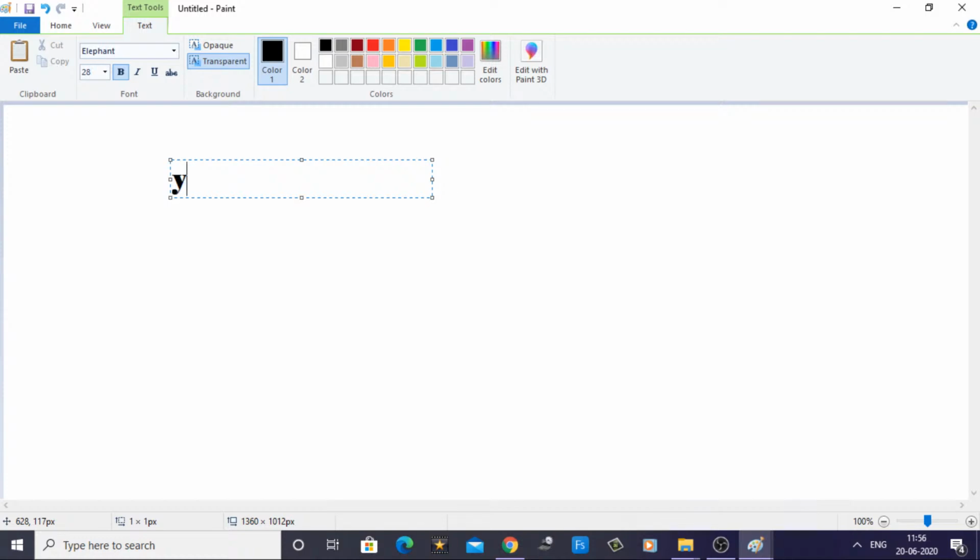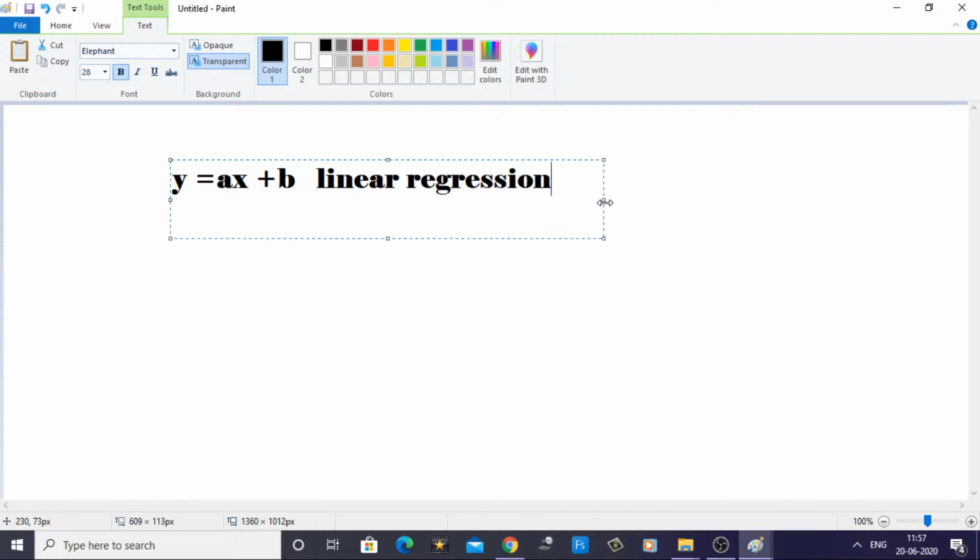Like I'm just telling you, y is equal to ax plus b. This is the simple equation of linear regression. Okay. We have a simple equation of a linear regression like this. Here, what is the x, what is the a, what is the b, and what is the y? We should know. Like x is our input